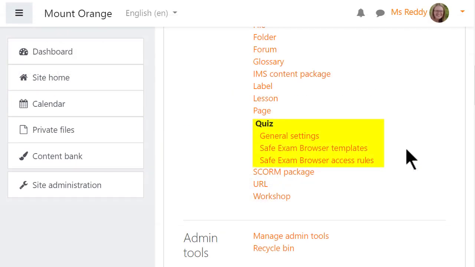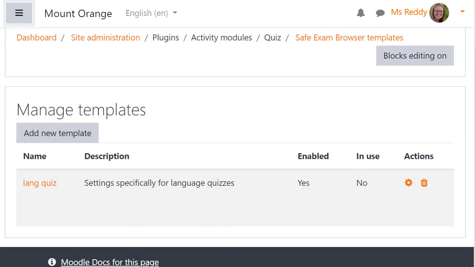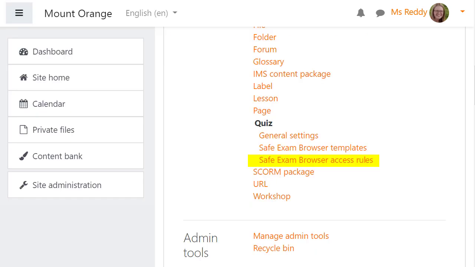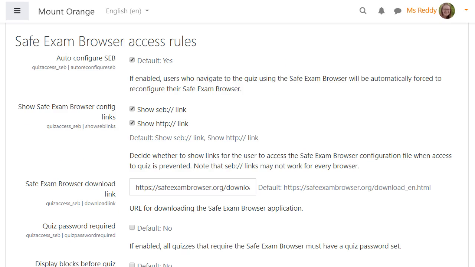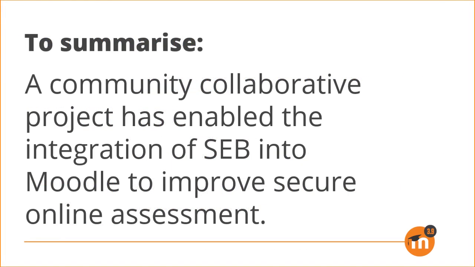Additionally, administrators have new settings in Site Administration, Plugins, Quiz. Safe Exam Browser templates allow the administrator to upload new templates, while Safe Exam Browser access rules offer other site-wide options, for example a password requirement for all Safe Exam Browser quizzes. To summarise, a community collaborative project has enabled the integration of Safe Exam Browser into Moodle to improve secure